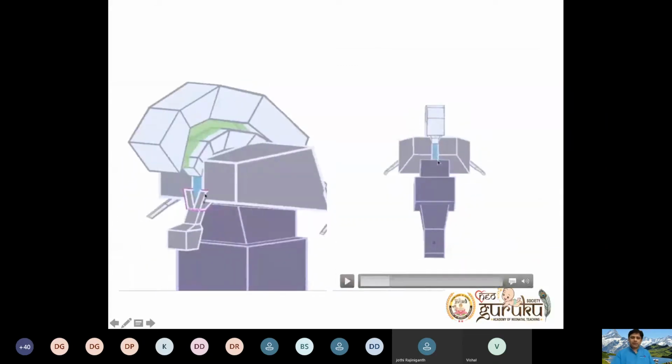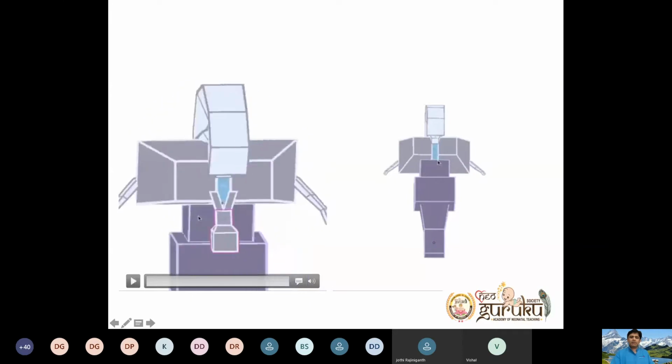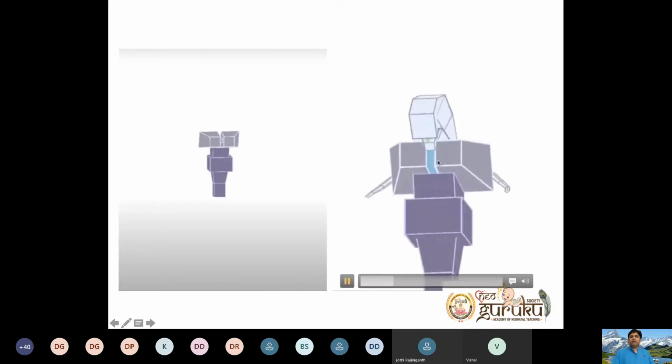So here you can see in the first picture, this is your hypothalamus. This is your pituitary, how it looks. The V-shaped structure is your hypothalamus, hanging. And a small pituitary gland, which is hanging over there anteriorly. So you got a relationship between thalamus to hypothalamus, how it is hanging.